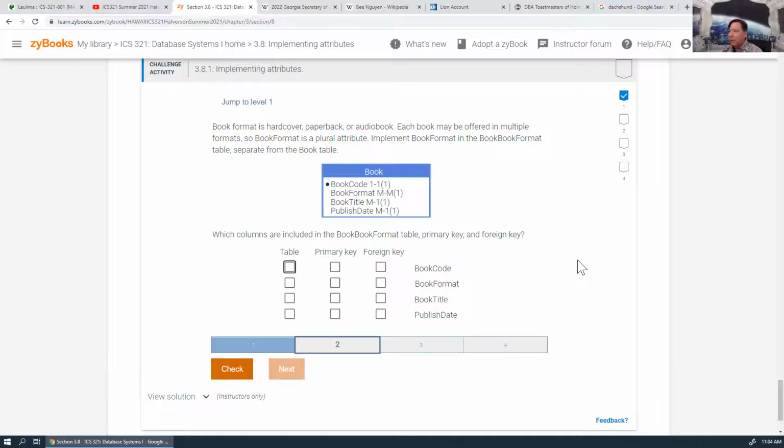Book format. Book format is hardcover, paperback, or audiobook. Each book may be offered in multiple formats. So book format is a plural attribute. Implement book format in the book format table, separate from the book table. Okay, so which columns are included in the book format table? And the primary key and the foreign key. Okay, so